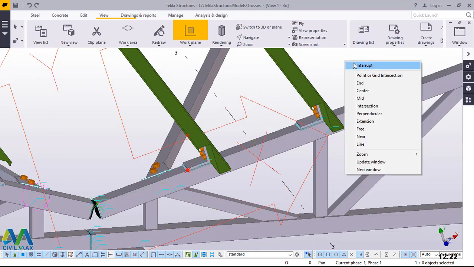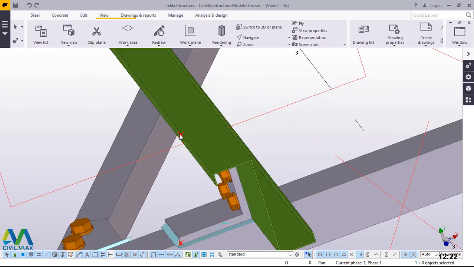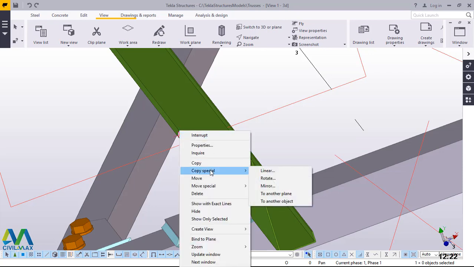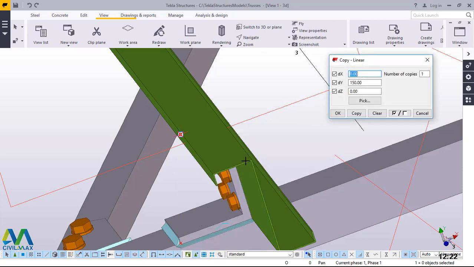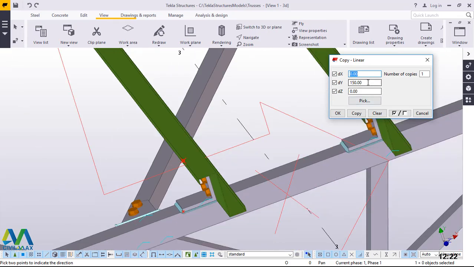Then right click to terminate that command. I'll come here once again and click on this point. Once I've clicked on it, I'll right click and give it an offset of 60 meters in the x-axis direction, in the x direction. For that to work, first of all, you have to change your initial axis to 0,